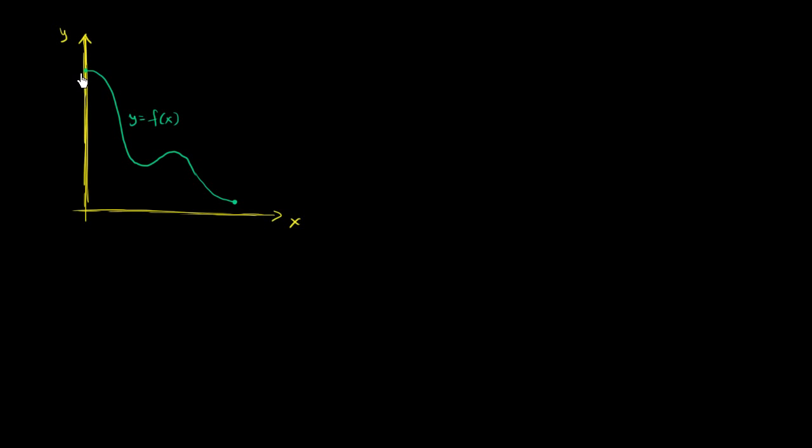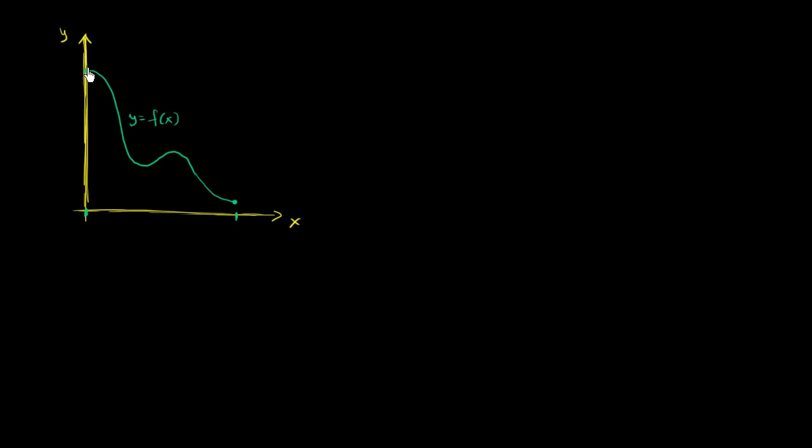So right over here, I've graphed the function y is equal to f of x. I've graphed it over this interval. Looks like it's between 0 and some positive value. And I want to think about the maximum and minimum points on this. So we've already talked a little bit about absolute maximum and absolute minimum points on an interval, and those are